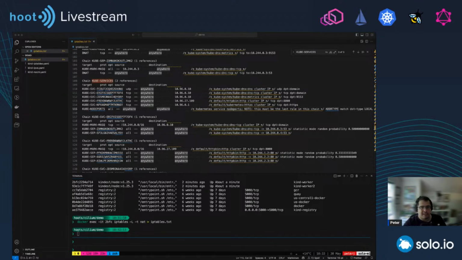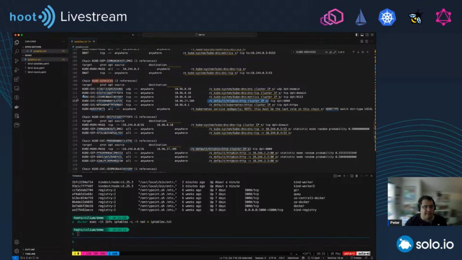This chain contains rules for each service that's running in the cluster. You can see that from the comments, which were added by kube-proxy. So there's kube-system, kube-dns, Kubernetes, and then we also have our httpbin service there, right?